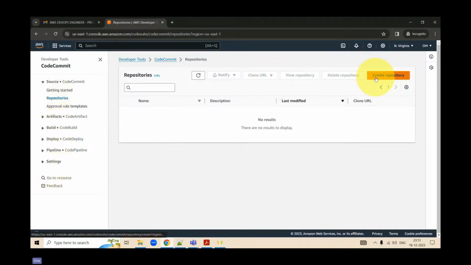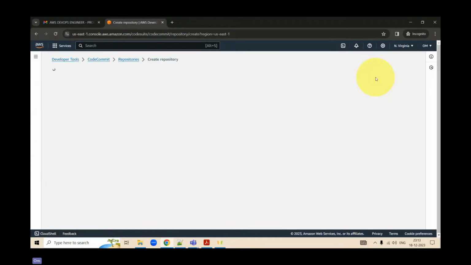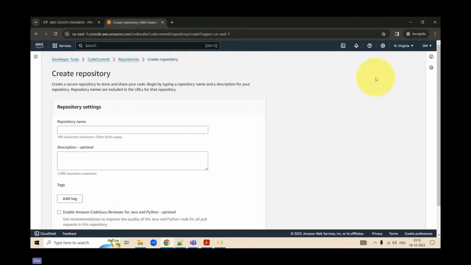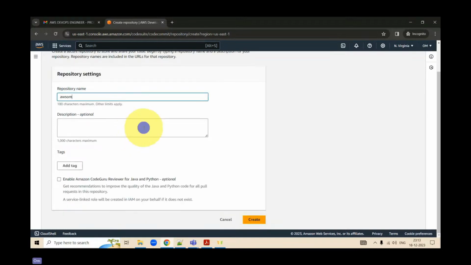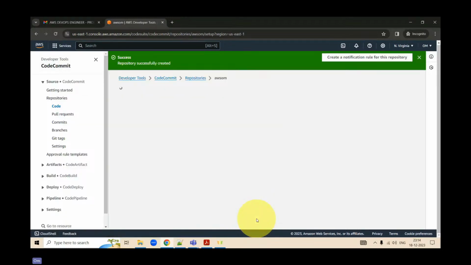So first thing is you need to create a repository of your own. So you write a repository name. I'm just writing awesome as my repository name. You can write SE demo, Sprintzeal demo repository. Do you want to enable Cloud Guru or any of this third party things? I say no, I don't want it as of now. So the first step is create a repository.